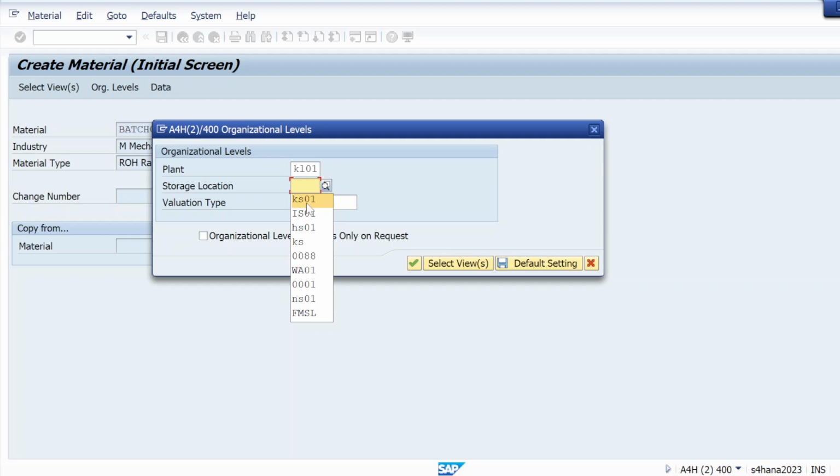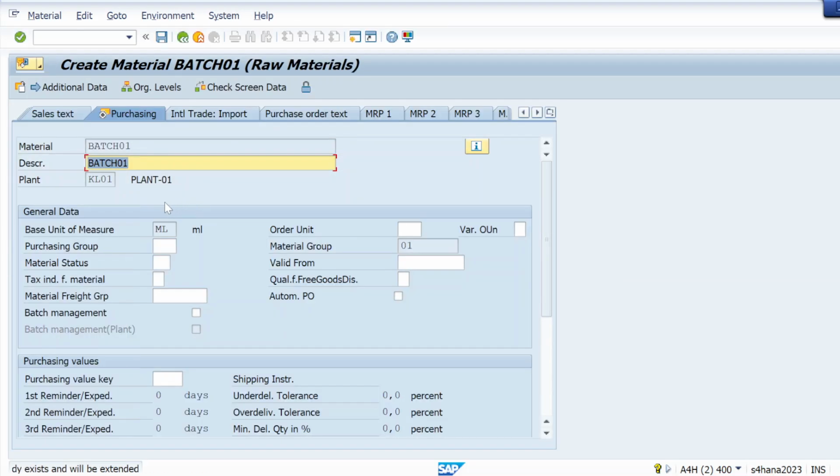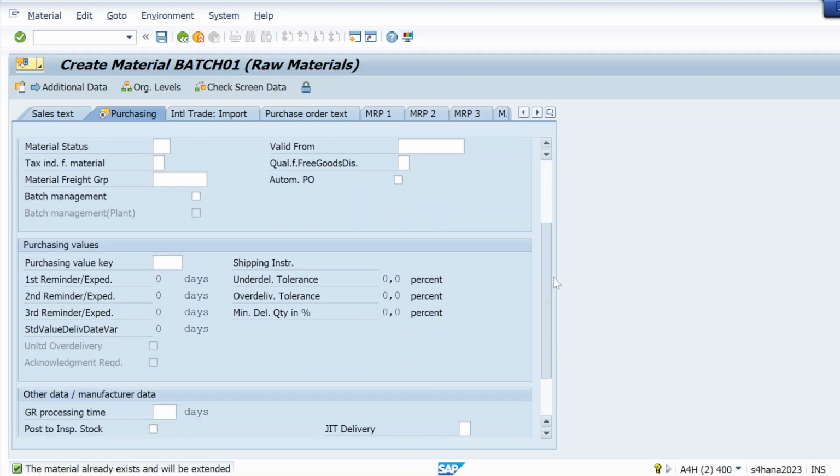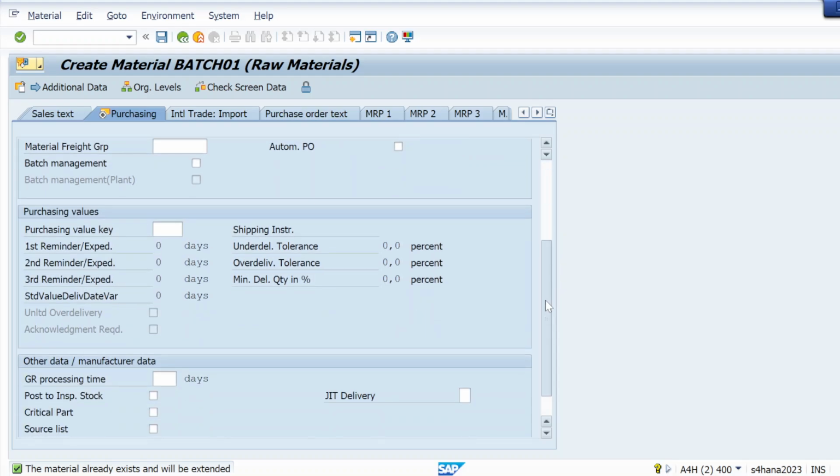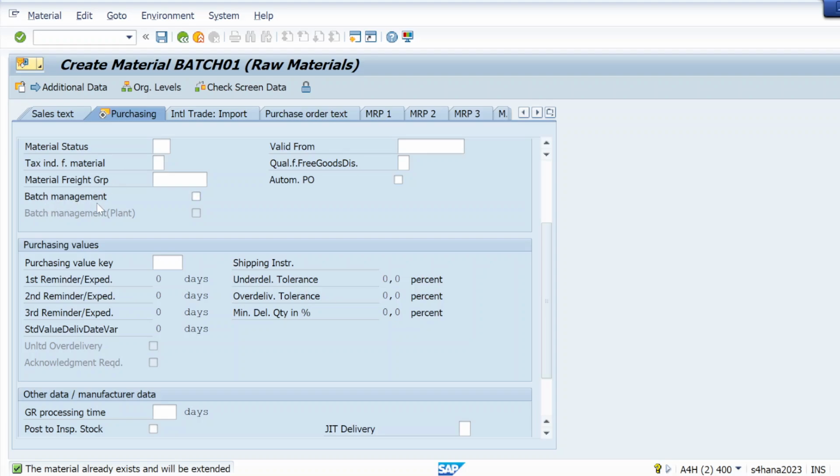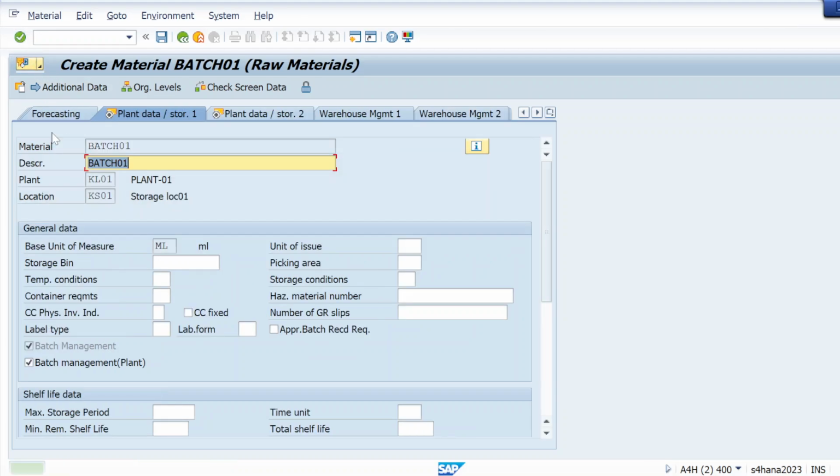Plant, storage location, hit enter, and here let me go directly to the purchasing view because all other views I already maintained. Here you can see the batch management icon. This must be checked, otherwise at the time of GR posting it will not be activated. So select this checkbox and hit enter.